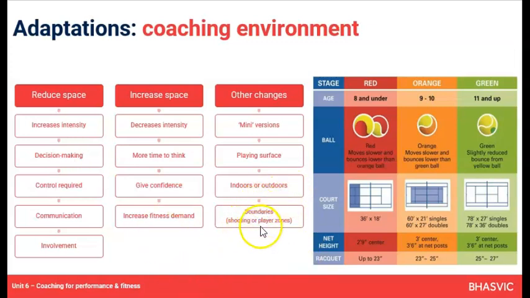In some of our activities, we can manipulate the environment, perhaps cone off areas to change the scoring opportunities. So you could have in netball, rather than having one post at each end, you can have a boundary, a bit like American football, a zone along the end, take away the actual shooting stuff, make it a passing activity, and you've got to catch it in that boundary to score. And that changes the dynamic and the focus of the activity.